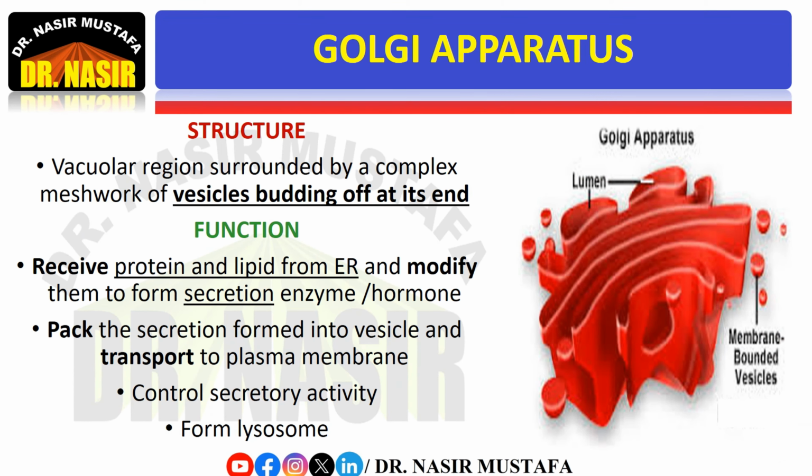Structure: the Golgi apparatus consists of a vacuolar region surrounded by a complex network of vesicles budding off at its ends. Function: it receives proteins and lipids from the ER, modifies them to form